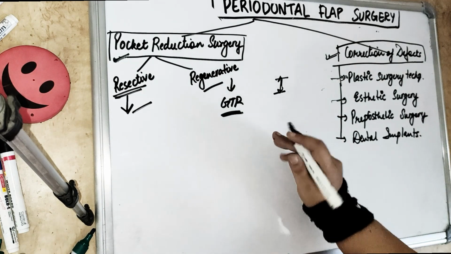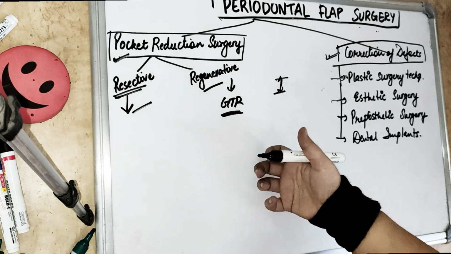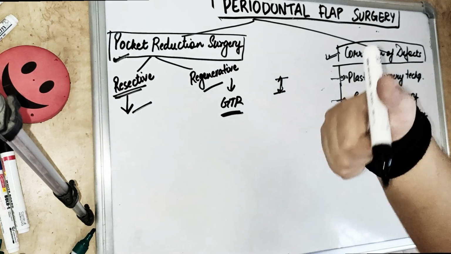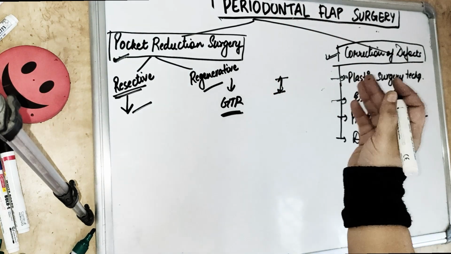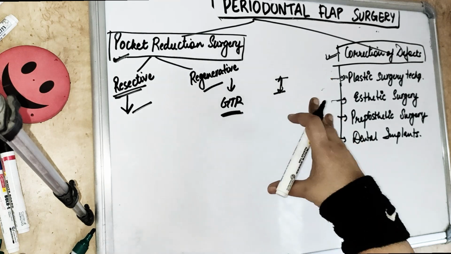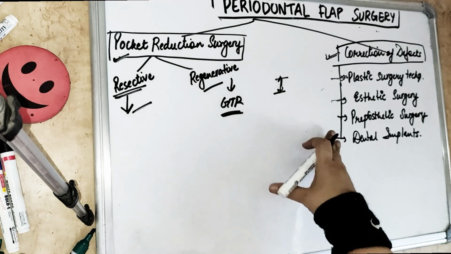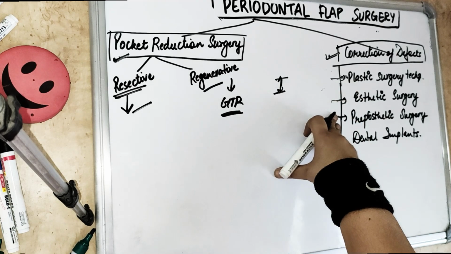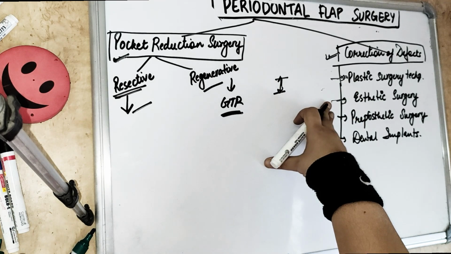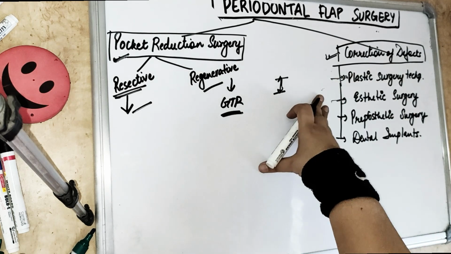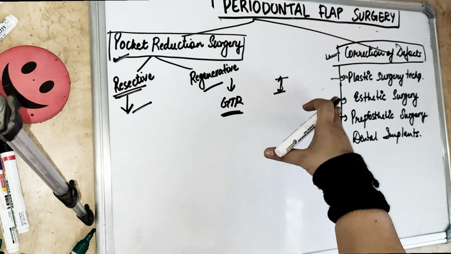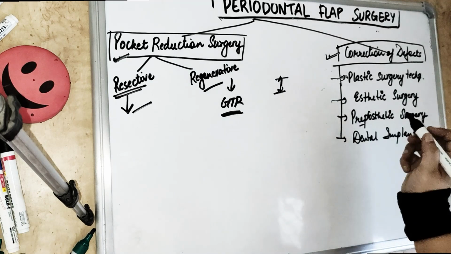Also we can use aesthetic surgery, as in recession. In case of a recession, we are just taking the flap and placing it coronally. Like that we are doing the root coverage procedure, or we are recreating the gingival papilla. In case we want aesthetics, also we can use it for pre-prosthetic surgery. For example, if you want to do crown lengthening, or augment the ridge, or any vestibular deepening procedure, that also comes under pre-prosthetic surgery.